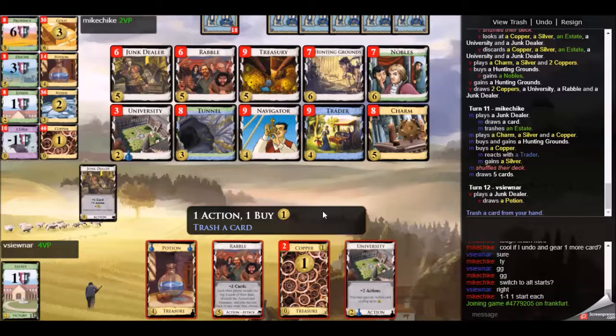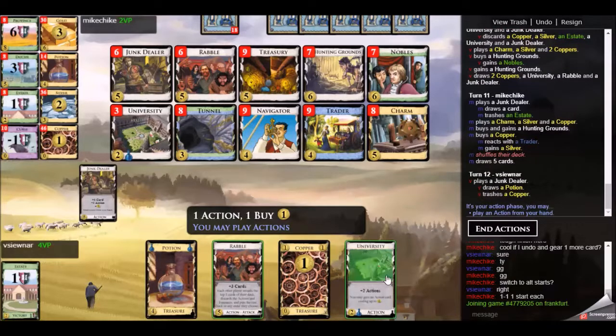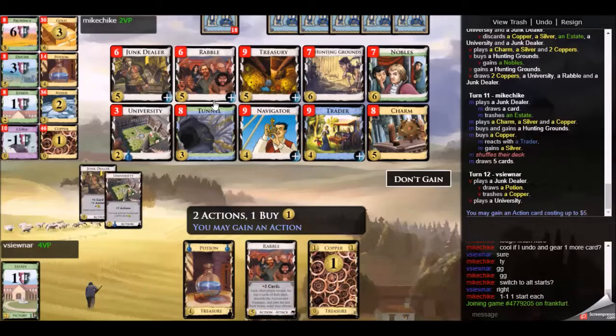Why you would want to trash it is to get the duchy, of course, for a quick points gain near the end of the game. So oftentimes when there is hunting grounds and some form of trashing on the board, you want to include a bit more hunting grounds than usual, just so that you have the option of trashing some of them to get